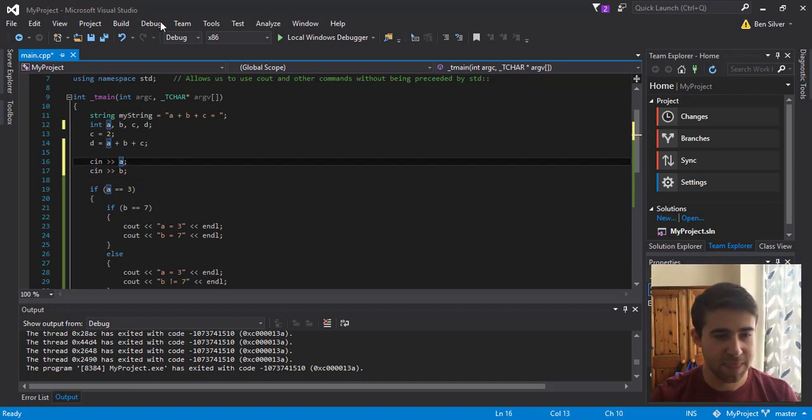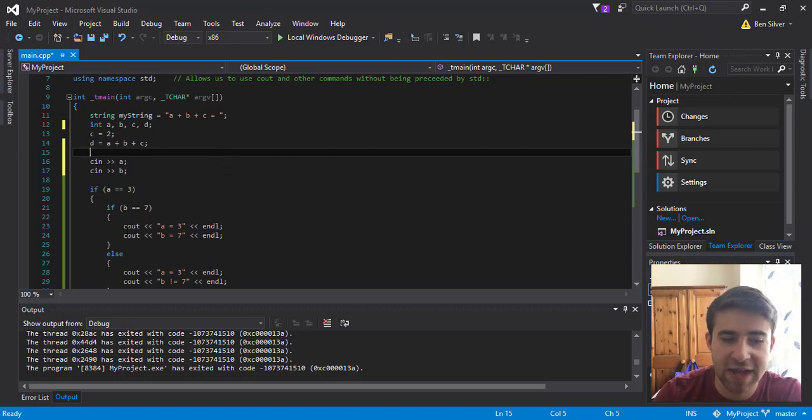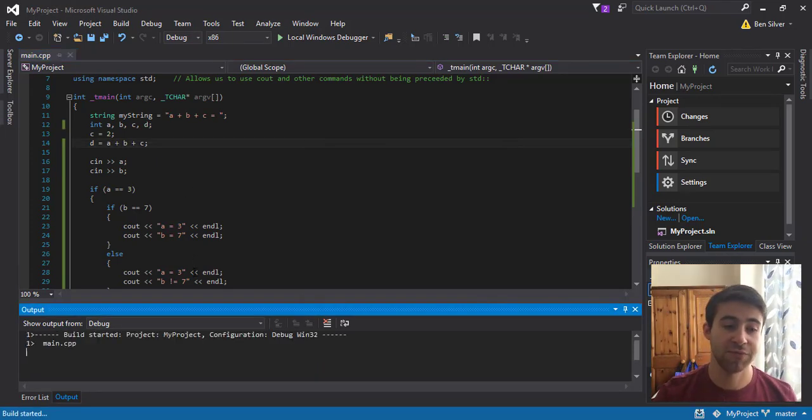Yeah, there we go. So cin is the opposite of cout. So cout will only print things, but cin will take input. So this is where we will actually be able to assign things. So if we go and run that,